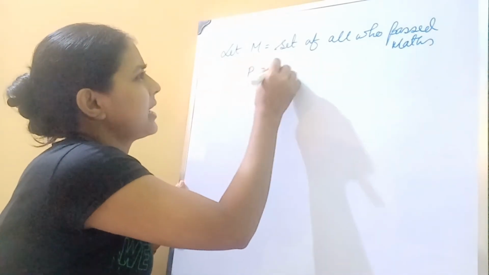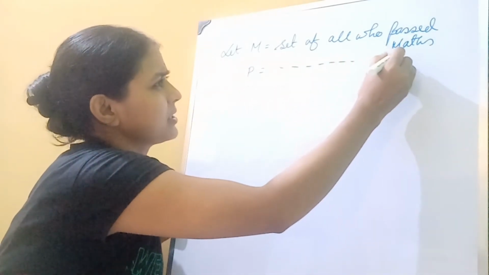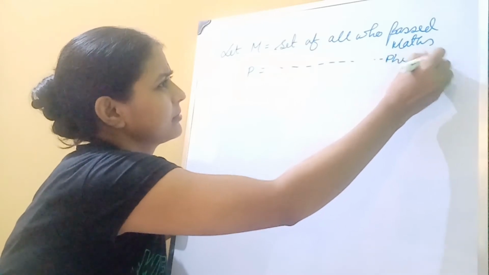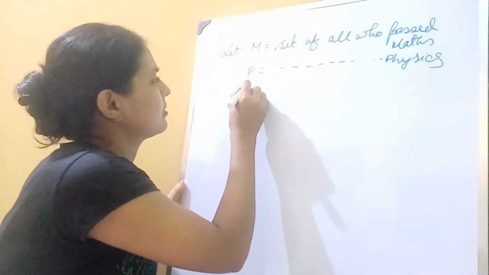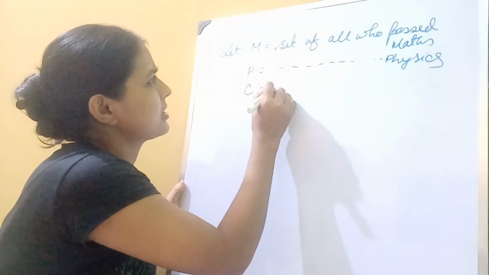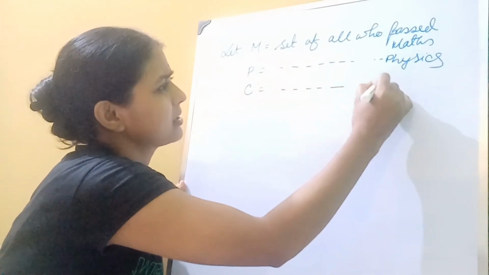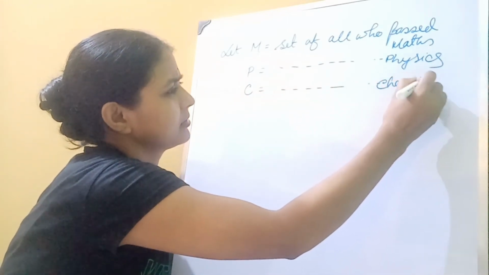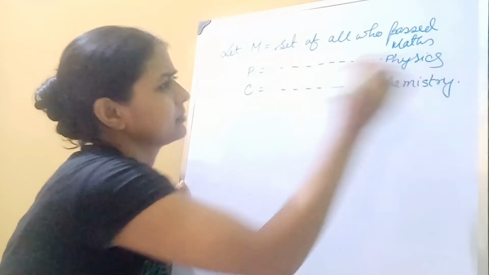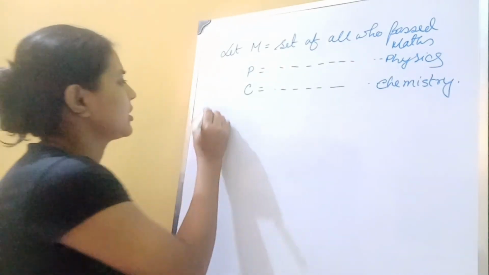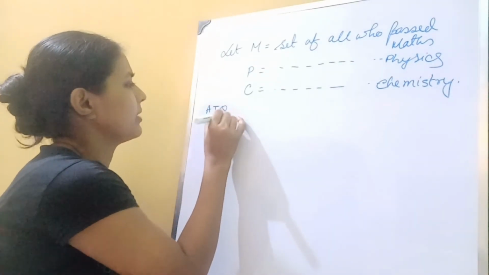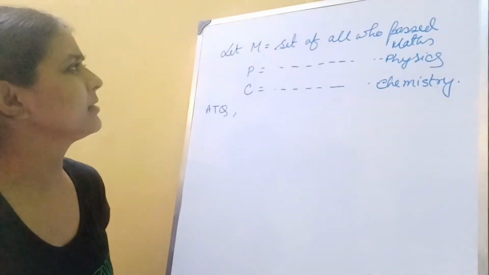P is the set of all students who passed physics, and then chemistry. So C is the set of all who passed chemistry. Now according to the question, what are given? According to the question,